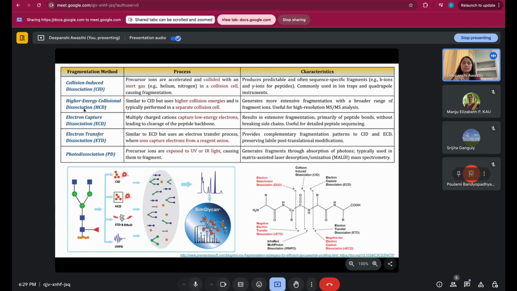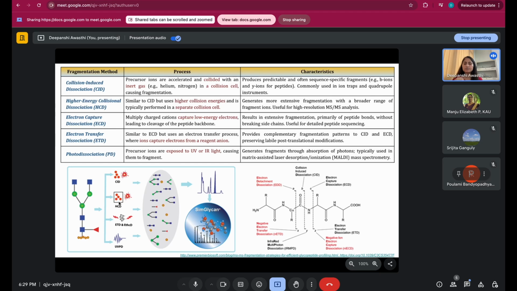Then comes higher energy collisional dissociation. This is also similar to CID, but as the name suggests, higher collision energies are used. In collision induced dissociation, the collision is not that strong, but in higher energy it will be very strong. That means it will break the fragments into smaller ions. If you see the figure below, it is performed in a separate collision cell. Collision induced dissociation happens in a collision cell, but higher energy collision dissociation happens in a separate cell,